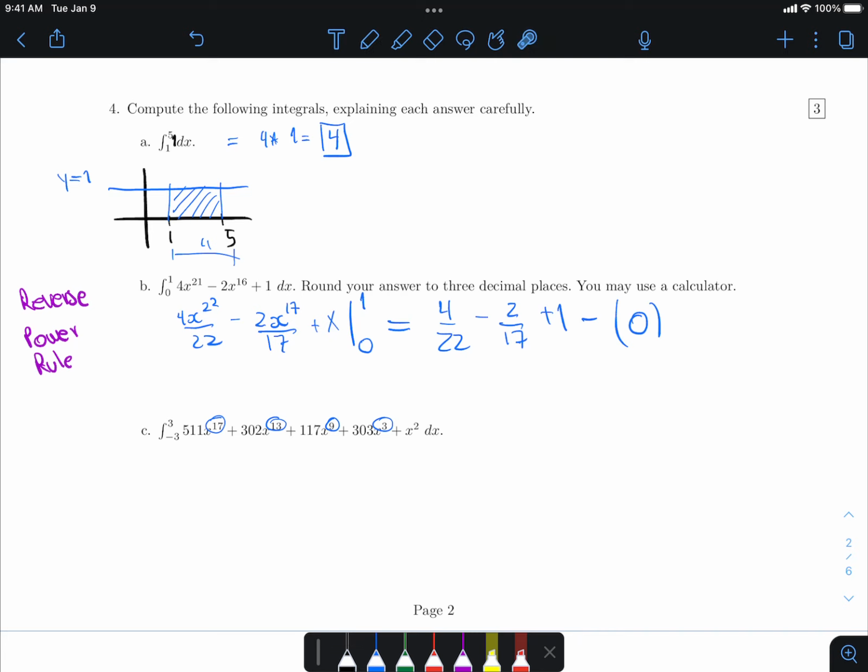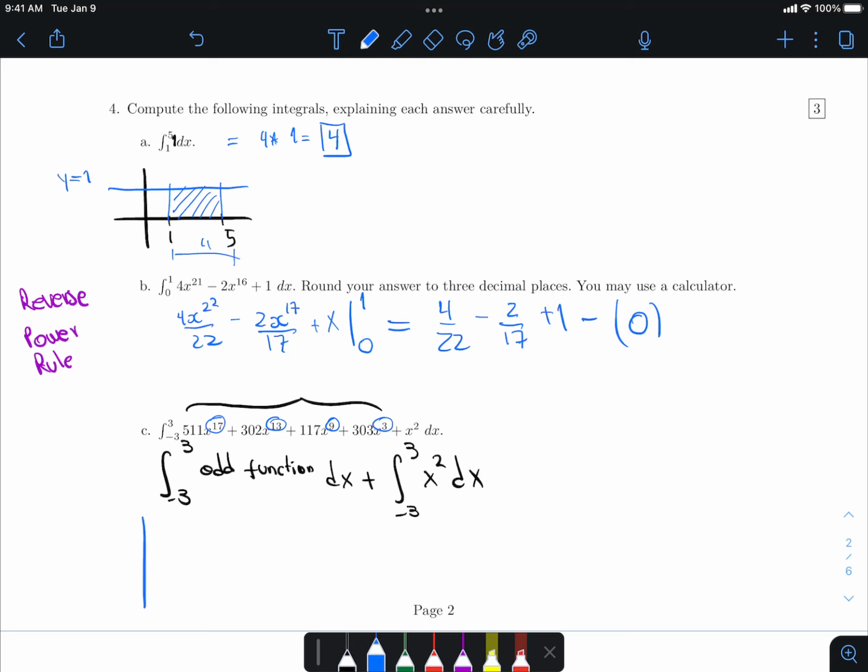And conveniently, this guy and this guy, they're symmetrical across the x-axis. So what is going on, right? This is the integral from minus 3 to 3 of an odd function, and it's all of this dx, plus an integral from minus 3 to 3 of x squared dx. The odd function part,